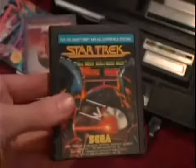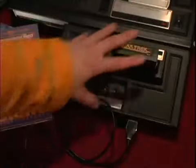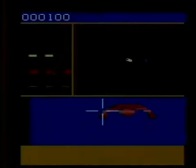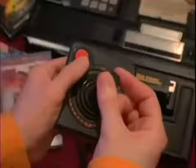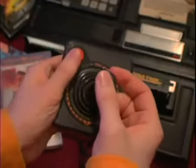Next up, Star Trek Strategic Operations Simulator for the Atari 2600 electronic gaming console. Basically, it's the same sort of game. You're just flying around blasting Klingon ships. You have to touch a certain amount of star bases before you can advance to the next sector. You have sort of a radar screen at the top. You could almost look at this screen the whole time you're playing, so it's kind of like having two different angles. I find this to be an incredibly simple game, but